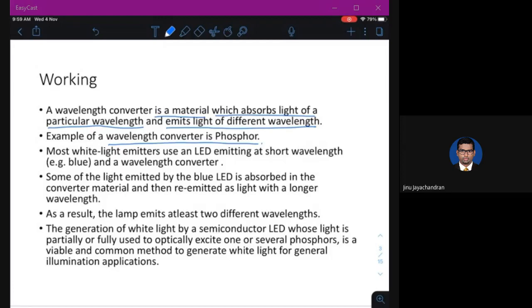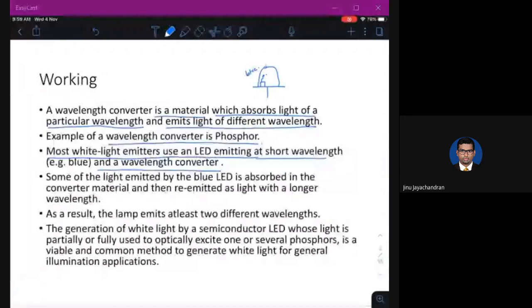Now, most white light emitters use an LED emitting at a short wavelength and a wavelength converter. So in this type of white light generation, inside one LED there will be a small chip which will be emitting some wavelength, for example, blue.